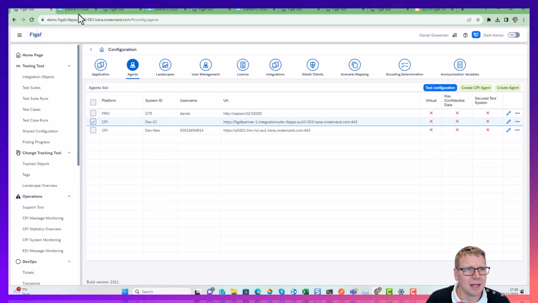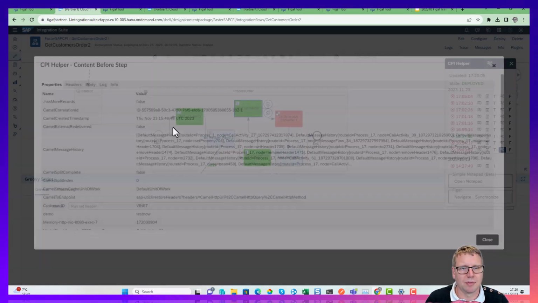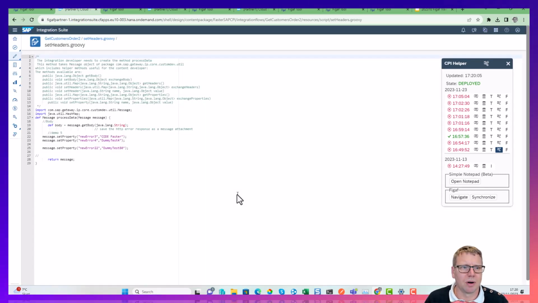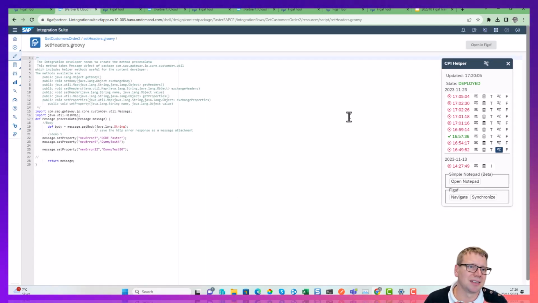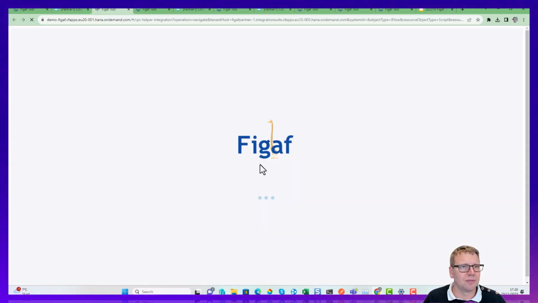Okay. The last thing I wanted to cover is that here we have a Groovy script. One of the challenges with Groovy is that it is really difficult to develop. So the normal way would be to go into edit mode, try to make some modifications to it, check it to see if it works, and then deploy it. We have made it easier. So in FIGAF,